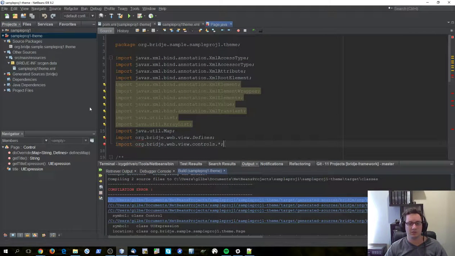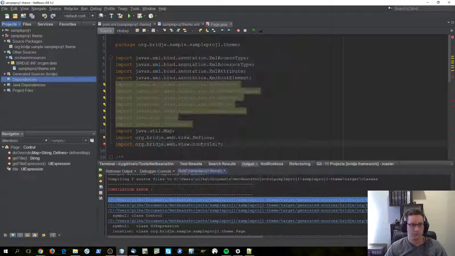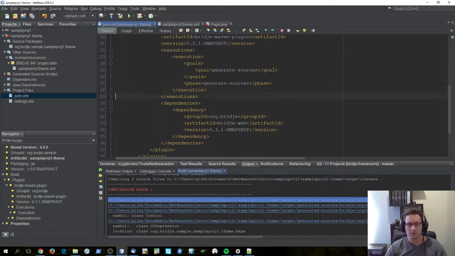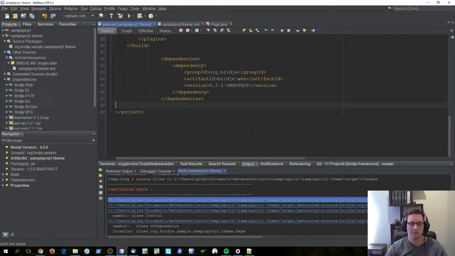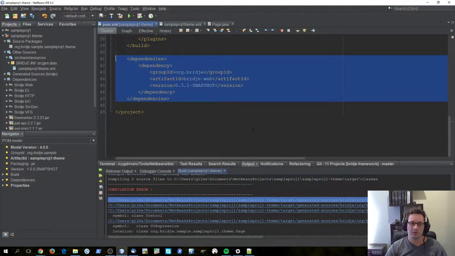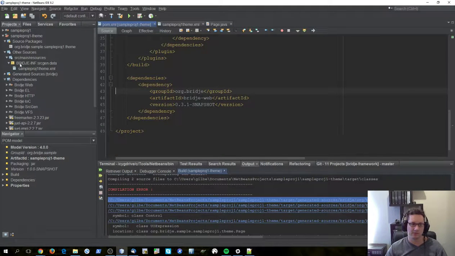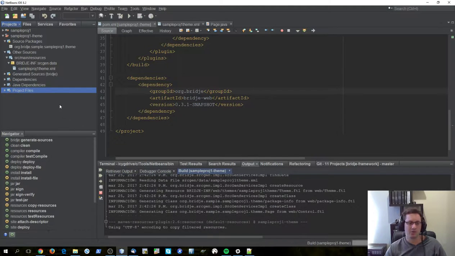Oh, the thing is, I don't have the web asset dependency here. I need to put it. So I'm going here to the POM, and I'm going to put this same dependency as a dependency for the project. That is the way Maven works. The dependency for the plugin is not the same as the dependency for the project. Okay, but now you can compile,